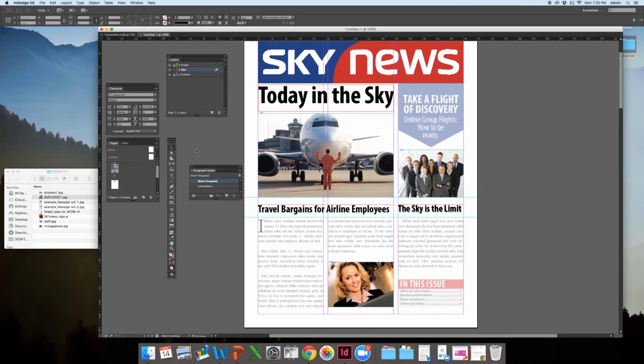But one thing you're going to need to know is how to flow text into your document. You're not provided with a Word document to copy and paste, so you're going to need to use what we call filler text. Now, the filler text is just the Latin text that they give you. And the way that you do that is you click on your type tool, and you'll just create one